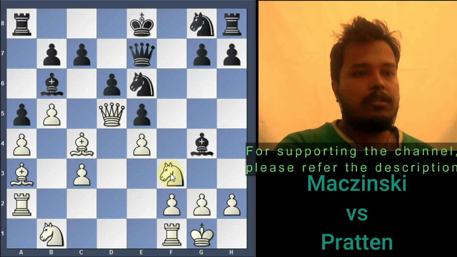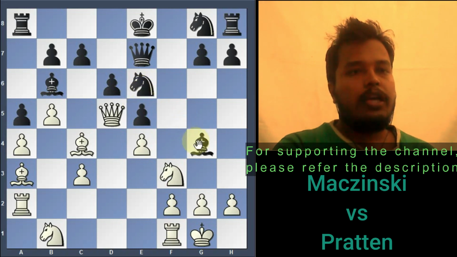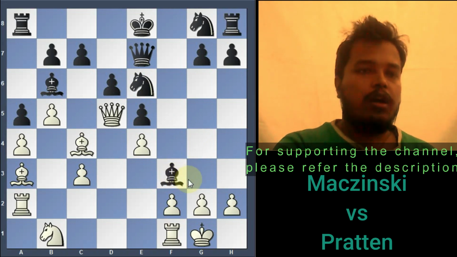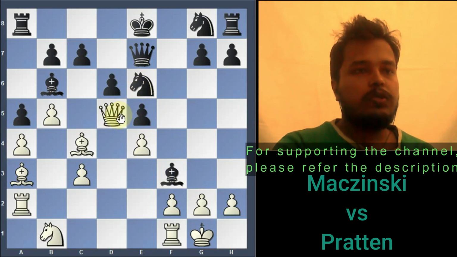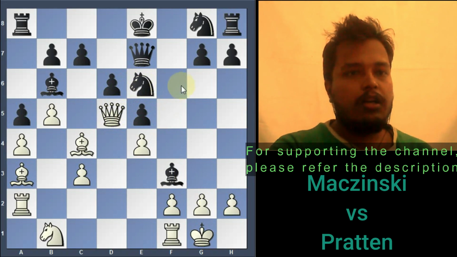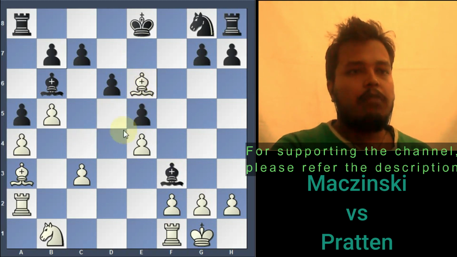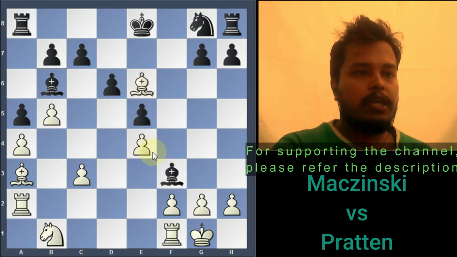Now if black takes the knight on the f3, then white simply captures the knight on the e6, so he cannot dare to capture the knight on the f3 square. So now he captures because he wants to attack the white's king side. He thinks that this position should be okay for black, because now white has simply pushed all his pawns